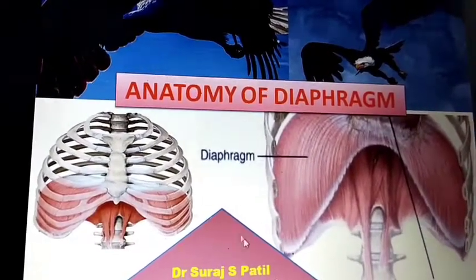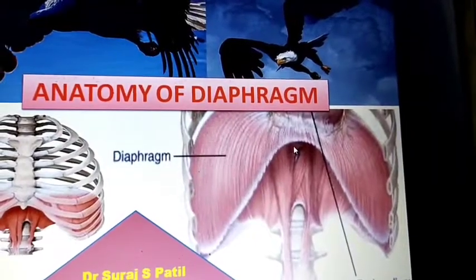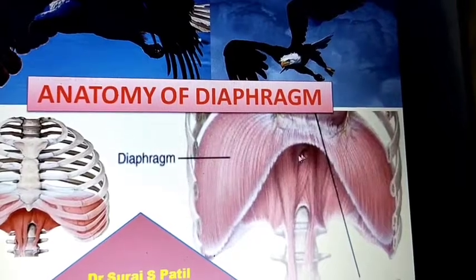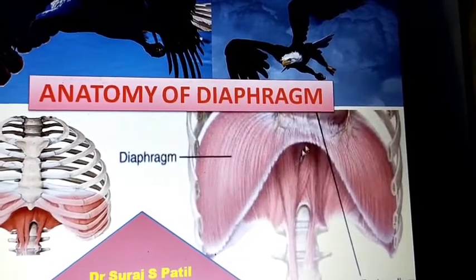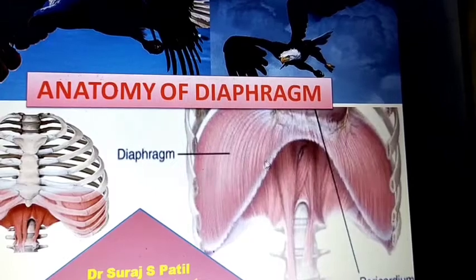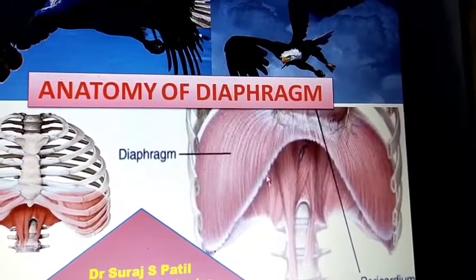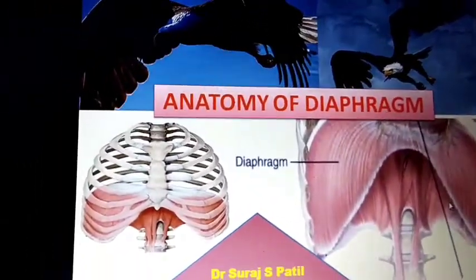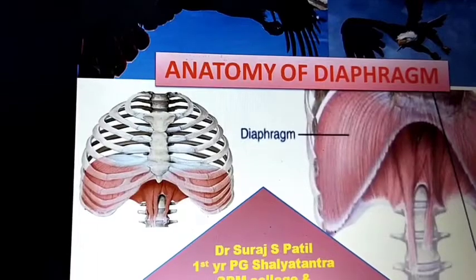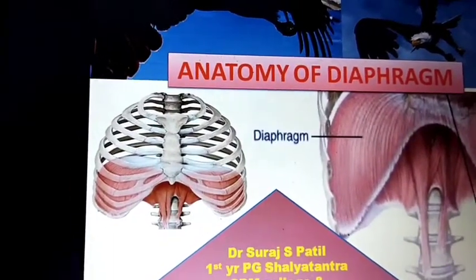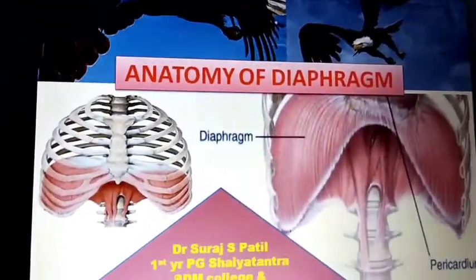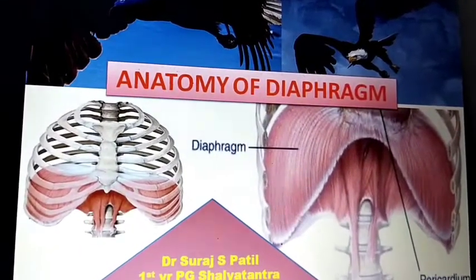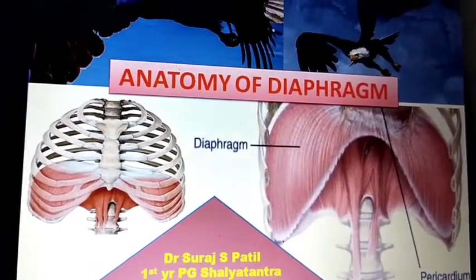You can see how the diaphragm muscle is arranged. Actually it is dome shaped, or it looks like a parachute. That is how the parachute is, and in that same way the diaphragm is arranged in the body. It is a dome, and you already know what is meant by a dome; in some temples you can see a dome. In that same way the arrangement looks like a parachute shape.